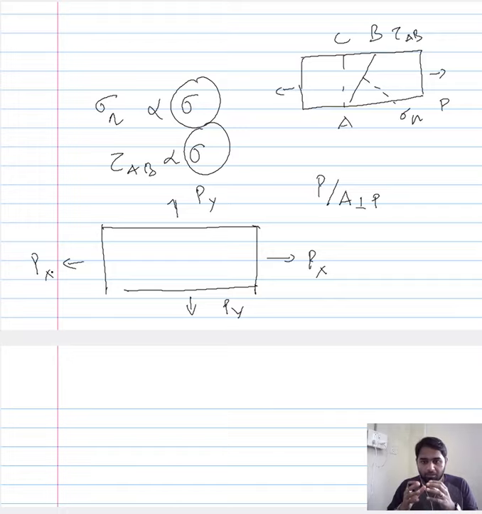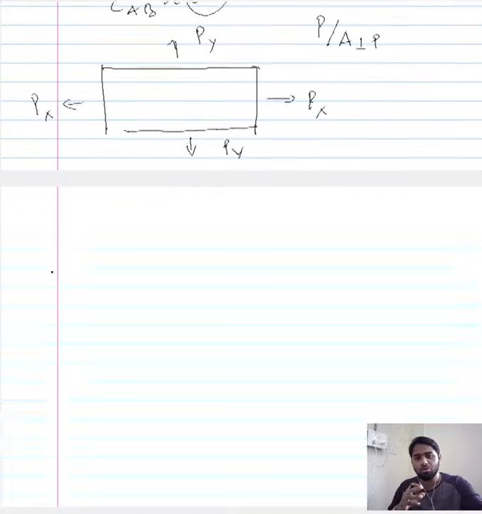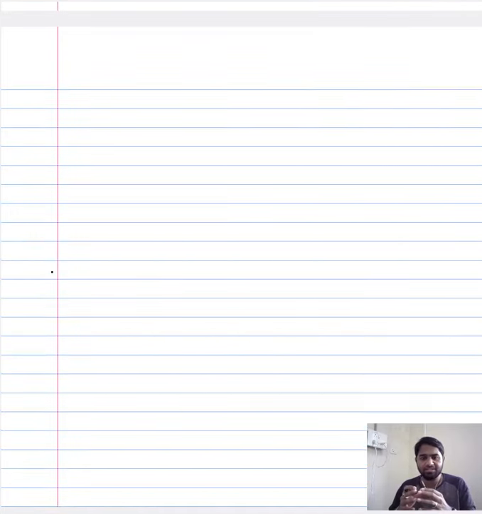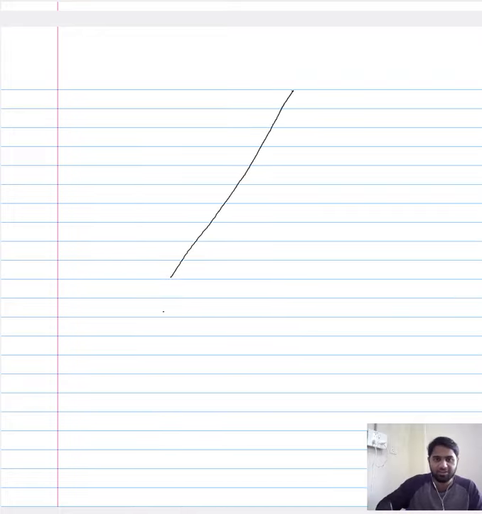Now please remember that the region of interest is also a plane, so it is important for us to consider the appropriate directions of the normal stress and the shear stress, and that is what we did in the previous lecture as well. So let us begin as usual by considering the different angles that help us quantify both the normal stress and the shear stress. We have our region of interest, that is AB, which is inclined by an angle theta. So this would be the angle of inclination, which we refer to as theta.